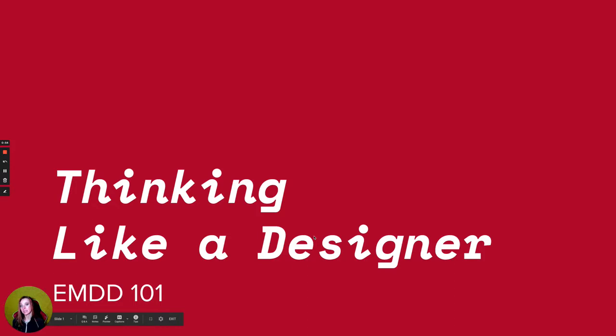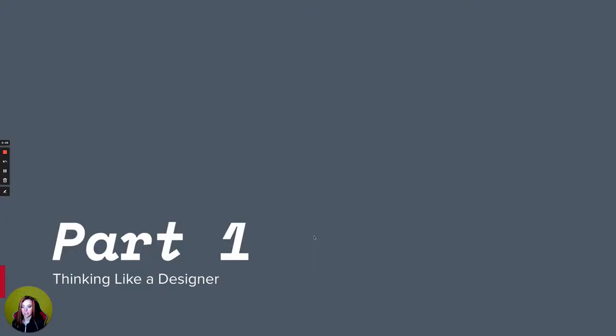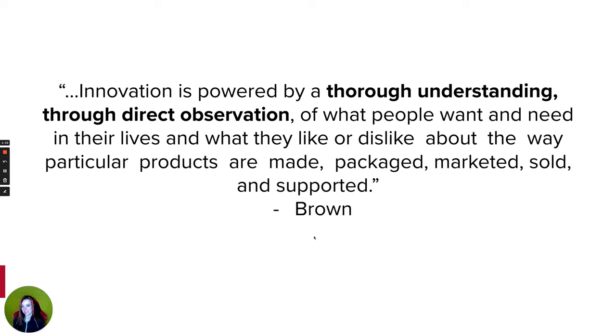Thinking like a designer, because design thinking really is about ways of thinking. It's not necessarily a super rigid set of things that we have to do in order to design something. It does have some suggestions of what we should do, but it's really at its core about thinking like a designer. And that means starting from understanding. When we're designing something that somebody is going to use, we want to try to understand that person or that type of person and the environment and the context in which they are going to be using the thing